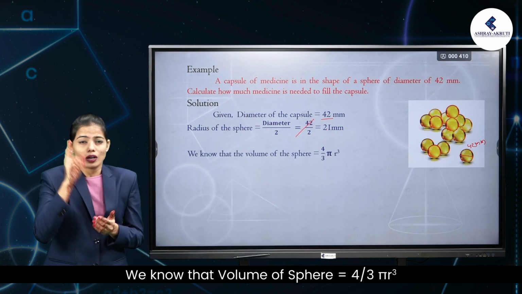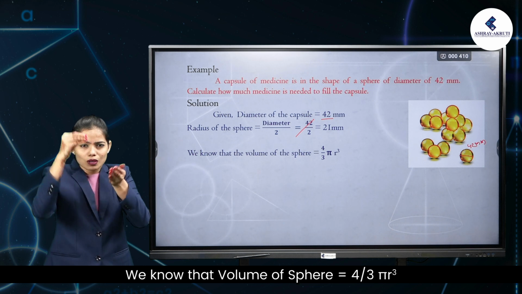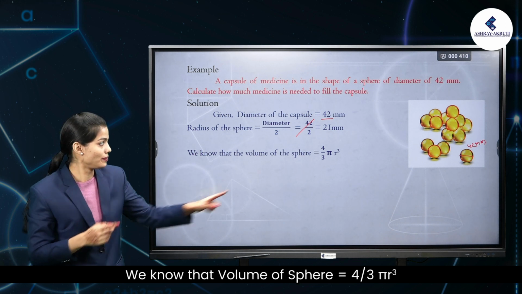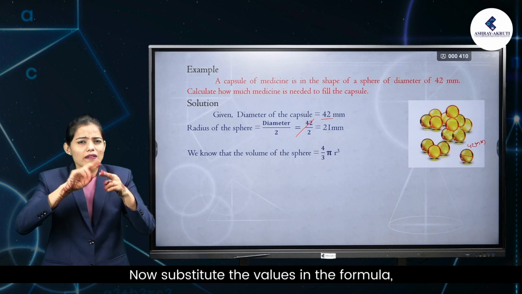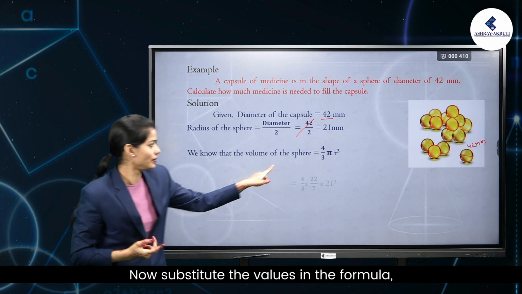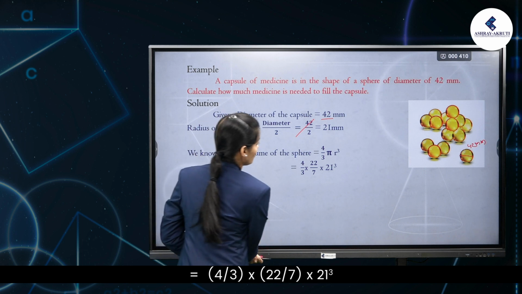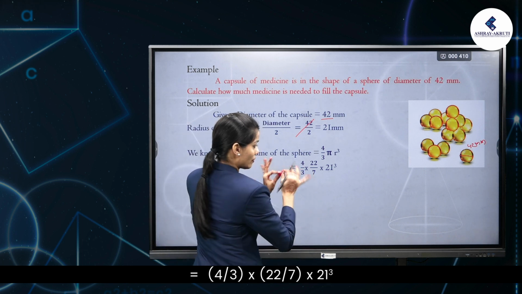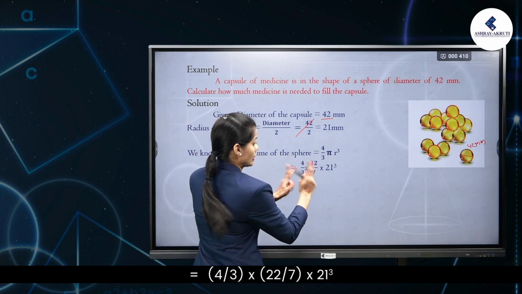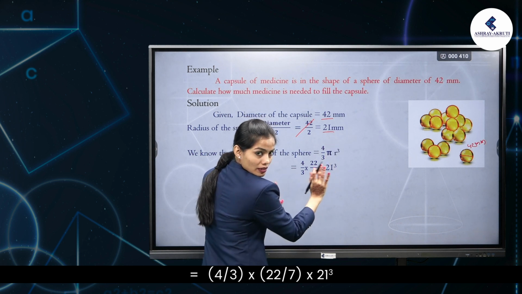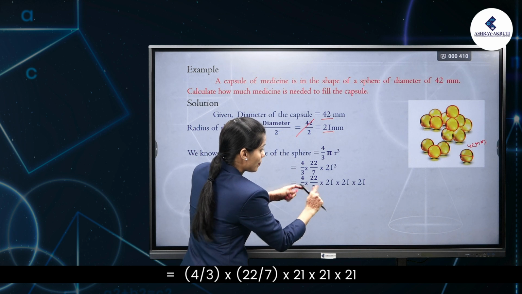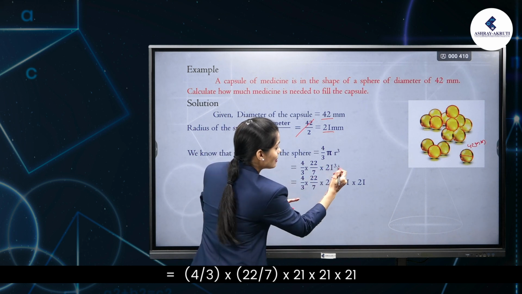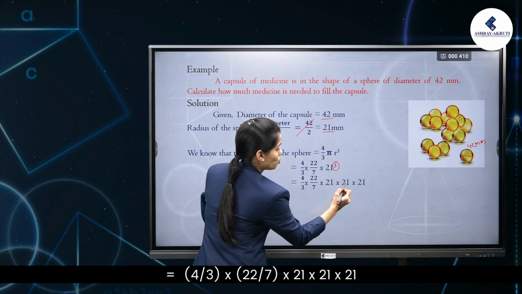We know that the volume of the sphere is equal to 4 by 3 pi r cube. Now, substitute the values in the formula. 4 by 3 into 22 by 7 into 21 cube, is equal to 4 by 3 into 22 by 7 into 21 into 21 into 21